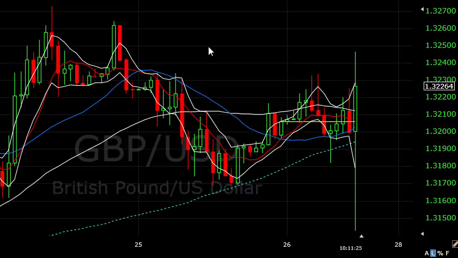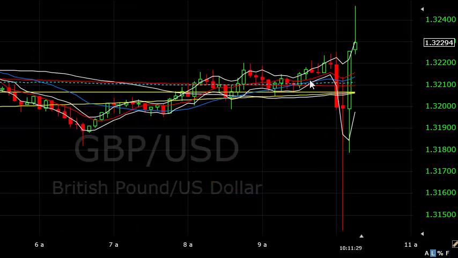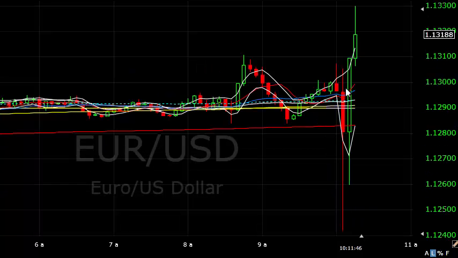decent close. But bear in mind, when we get to the end of this hour, it's going to be 4 o'clock. Do I want to get involved in a fight and trading after 4 o'clock on a Friday afternoon going into a bank holiday weekend? And then you start putting all these other salient pieces of information together to make an informed decision. But certainly the pound and the euro have shrugged off that initial piece of news,